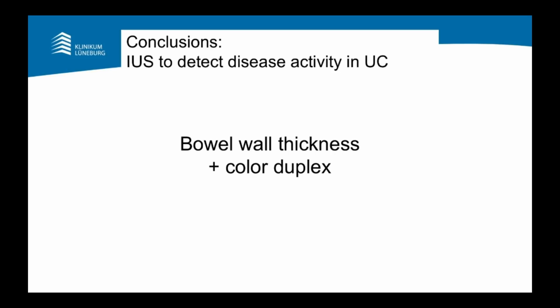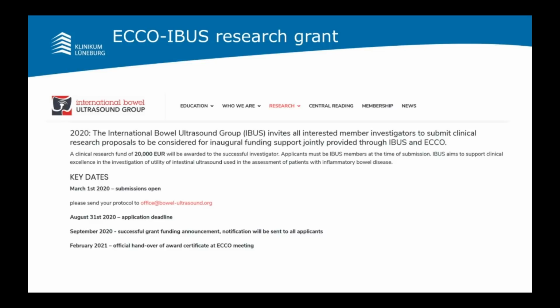Nothing is 100% sensitive and specific, but bowel wall thickness, colored duplex in patients that have an acute flare where you see thickened bowel is a very good parameter to monitor, and you can see it in a very short term, 2 to 3 to 4 weeks, if a patient responds or doesn't respond. But still, lots has been studied in more recent years, but there are still many areas, including an activity score,